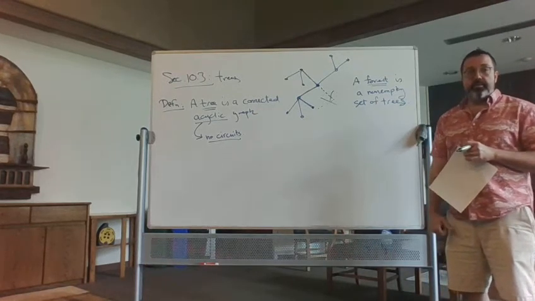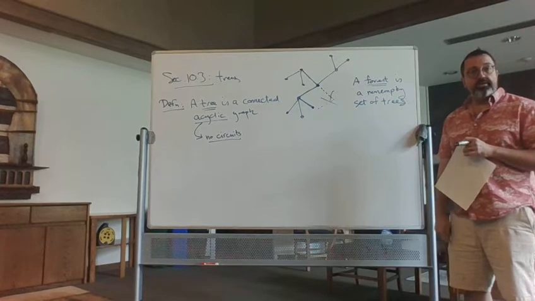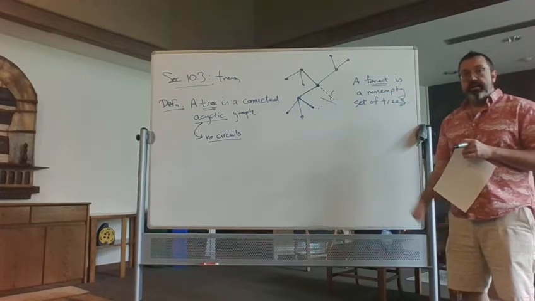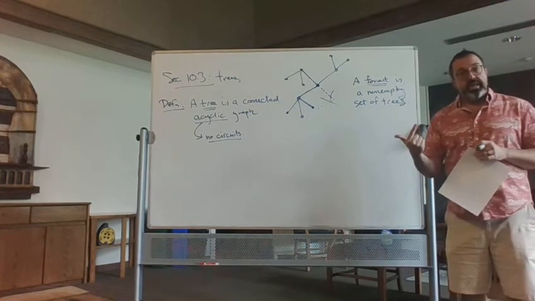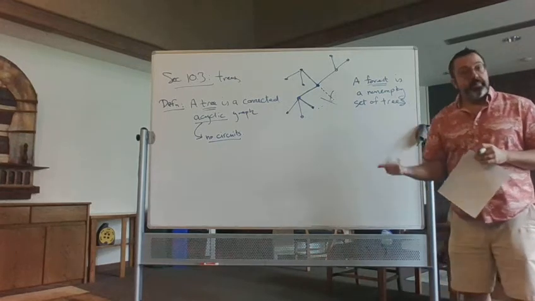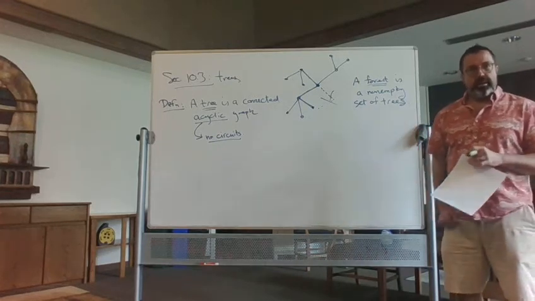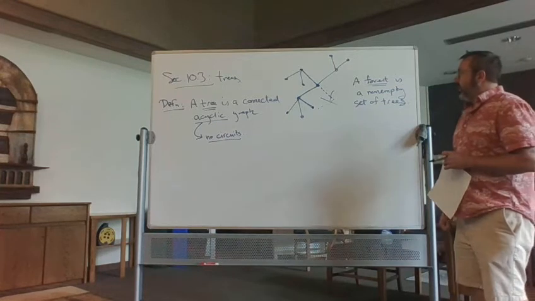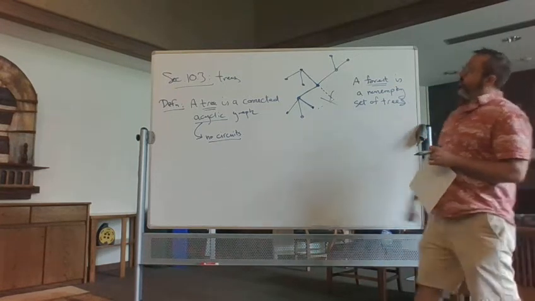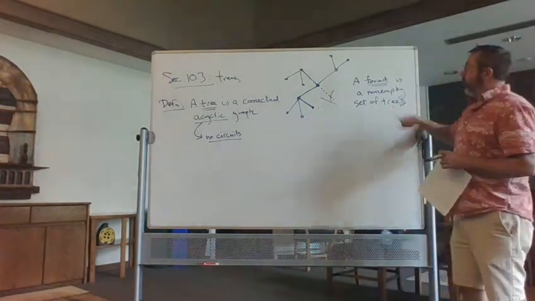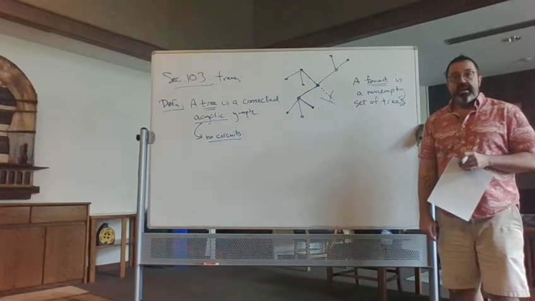Graph theory is one of the most fun branches of math because you get some really interesting technical terms like firecracker, banana tree, lobster, caterpillar. These are all technical terms in graph theory. All right, so again, the only difference between a tree and a forest is the connectedness, because if you had